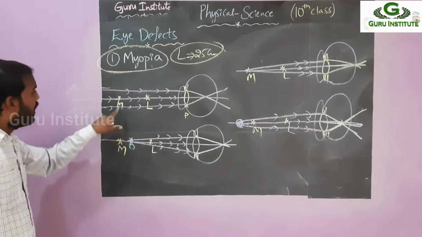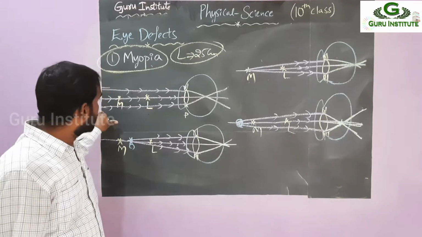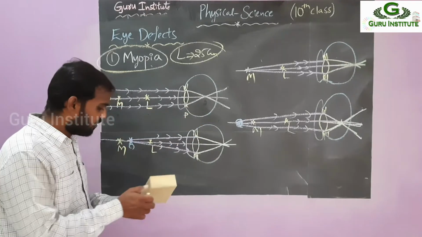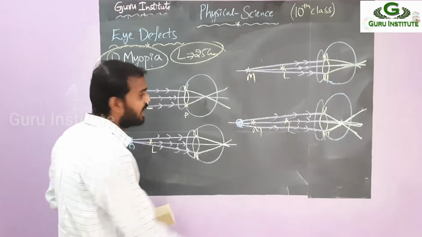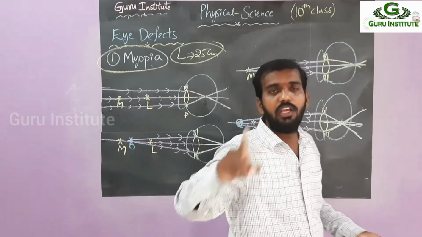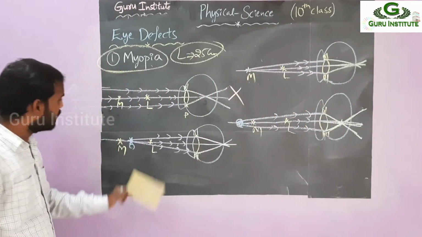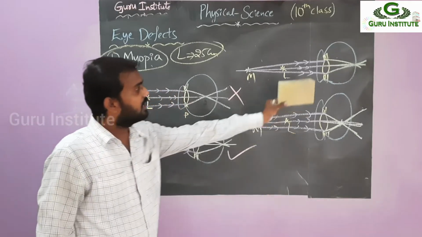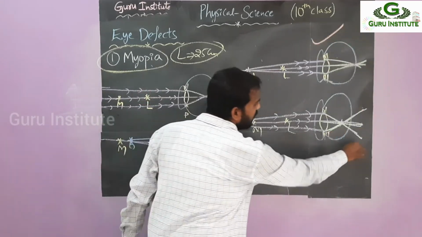See here now. After M, rays are coming. That means the rays are coming from the object, right? If they are coming from after M, they meet in front of the retina. So can you see the clear image here? Anything possible here? No, right? Before the retina. Whenever the refracted rays meet at the retina, then only it is possible. So it is not possible here. You can't see the image. But here, they fall on the retina, so you can see the clear image. Here also they fall on the retina, you can see the clear image. But coming to here, before the retina, can't see the clear image.